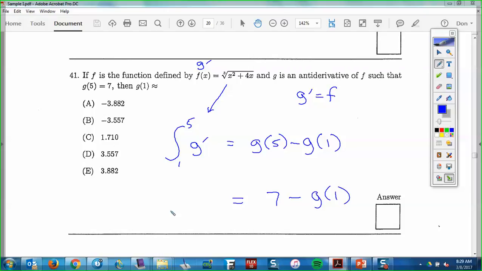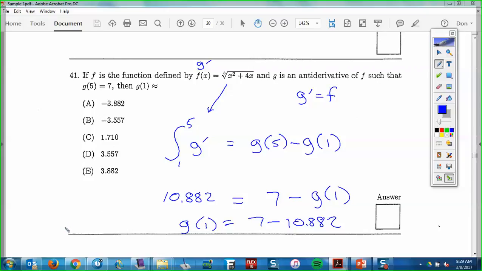And so what's another name for F? G prime, right? So G is an antiderivative of F, so that means G prime is F. So if we do the integral of G prime from 1 to 5, that would equal G of 5 minus G of 1. And they told us G of 5 was 7. And then what do you get on your calculator? 10.882. So G of 1 is equal to 7 minus 10.882, which I'm guessing is,